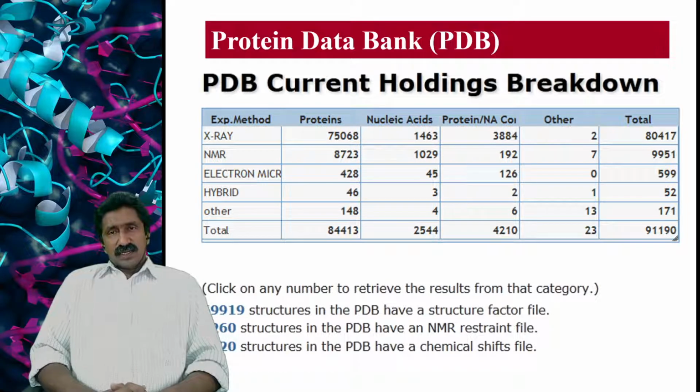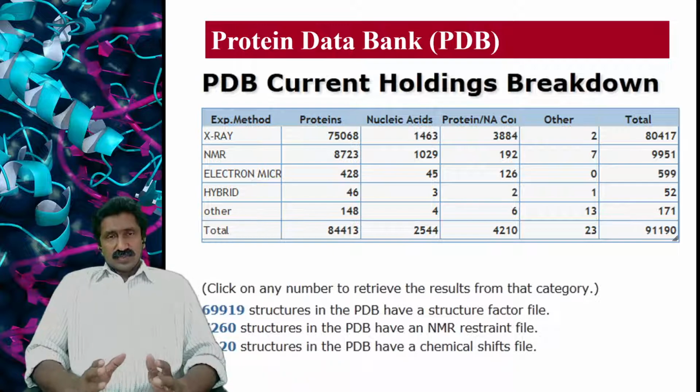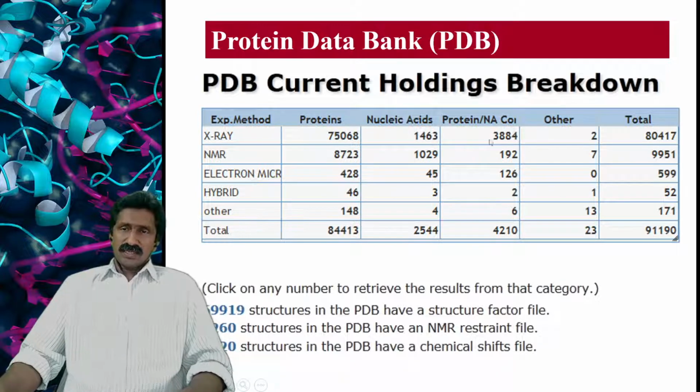So this is the current position, holding up to maybe 2019 or 2020. In this case, you can see the X-ray crystallography based structures of proteins, nucleic acid three-dimensional structures, and other related compounds or protein-ligand bound compounds. So the total structures determined by X-ray crystallography is almost